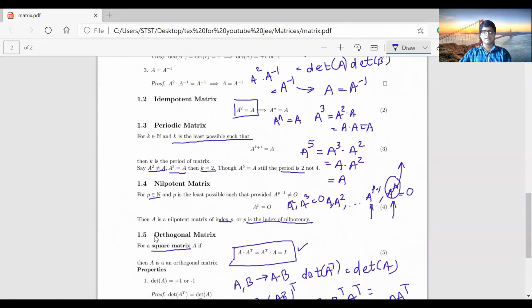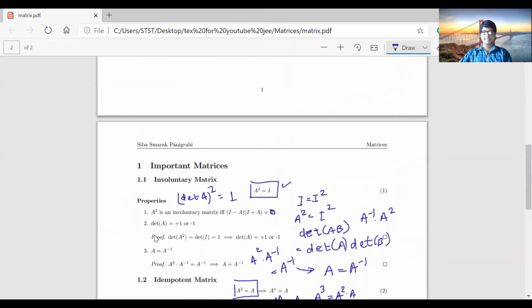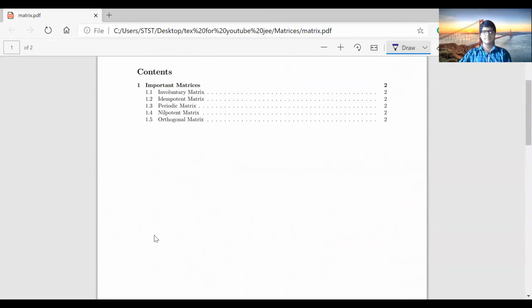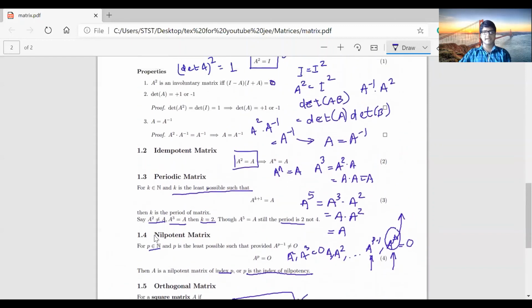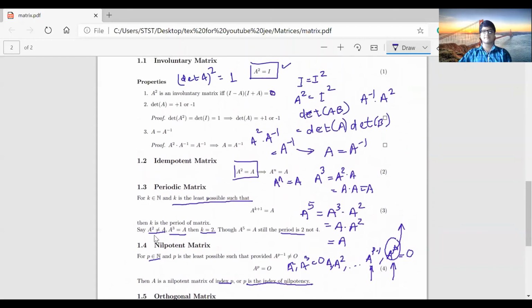So these are the 5 special types of matrices that I covered, and they are extremely important because they appear many times. Hopefully this was a nice lecture. It is really short also. So I guess this completes our matrix chapter: the basic definition of matrices, transposes, trace, symmetric, asymmetric, and these 5 special types of matrices.